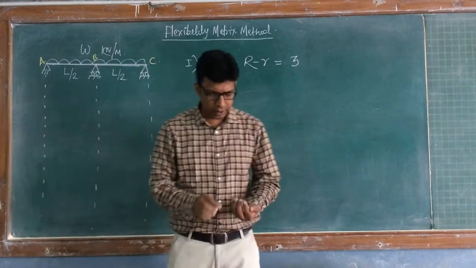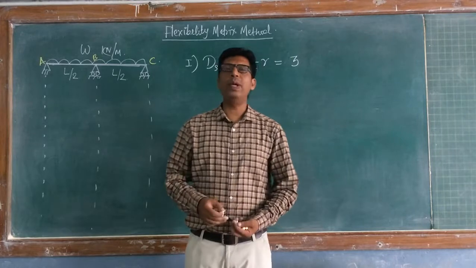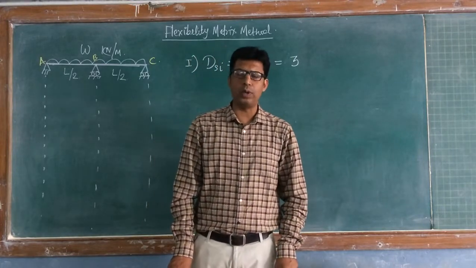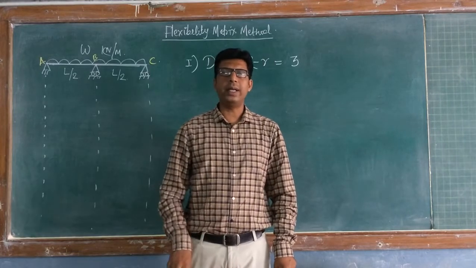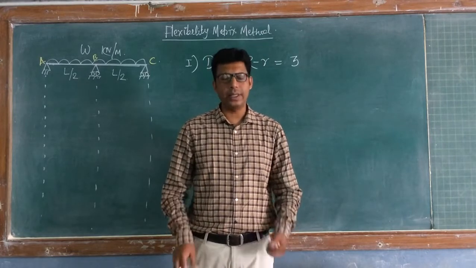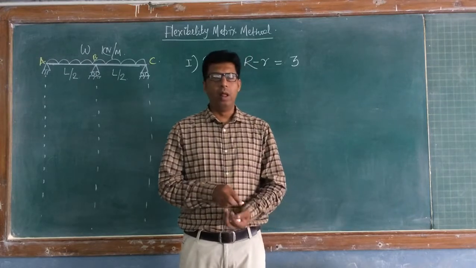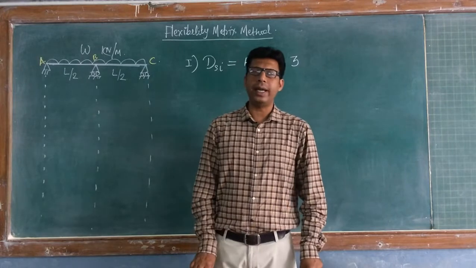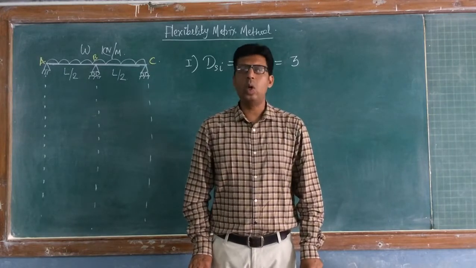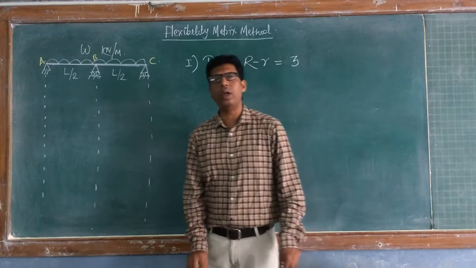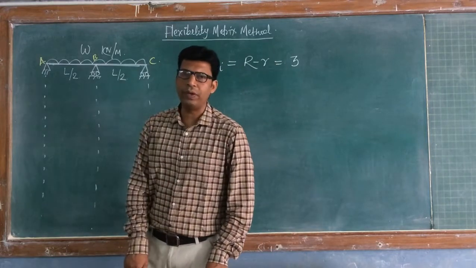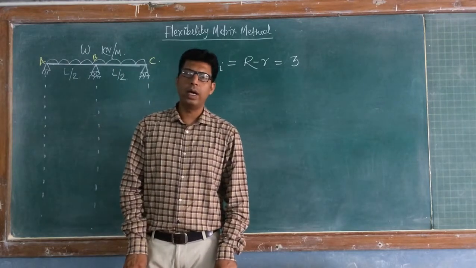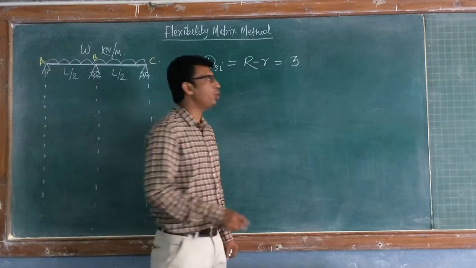In the last class we discussed that in case of a beam structure, since the beam is subjected to only vertically downward forces, there is no need to consider the horizontal reaction, only the vertical reaction. But if you are neglecting the horizontal reaction of the hinge support, don't consider the summation of Fx equal to 0 equation of equilibrium. So the number of equations of equilibrium are only 2: summation of Fy equal to 0 and summation of moment equal to 0.